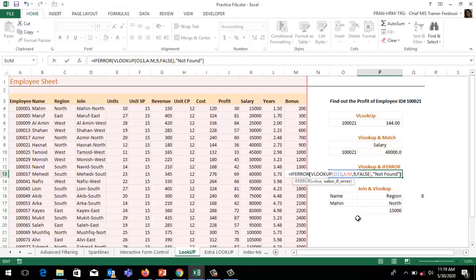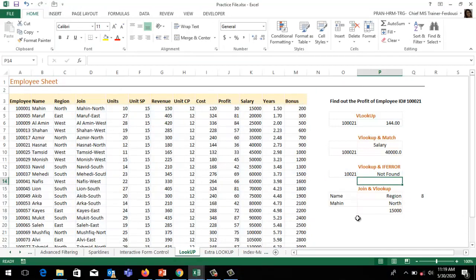Close the parenthesis, then press enter. If I have the correct ID, the result has changed. This is how we can use VLOOKUP with the MATCH function, VLOOKUP with the error function, and we can use this trick.